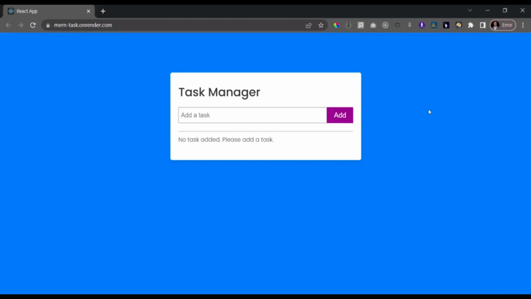In this one we are going to build a task manager, and I would like to say that my focus for this project is to help you understand the structure of how you can set up a back-end application with Node and Express and the front end with React. But technically we're going to be focusing on the back end because I expect that you already have some knowledge